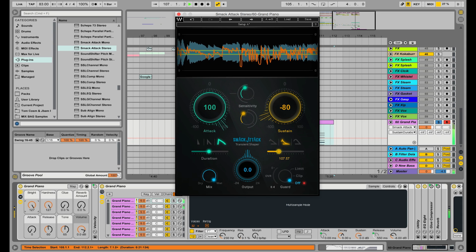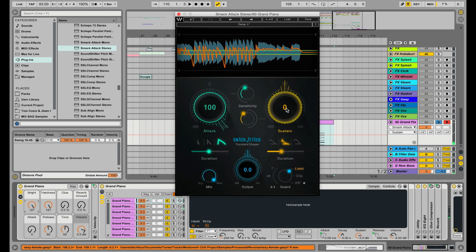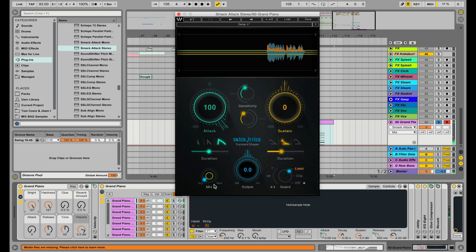It doesn't sound natural, but we've definitely shaped it quite significantly here. I quite like it there. See, it's really hardened up that piano. It's kind of turned a nice raw sounding grand piano into something that would be good for a really full-on compressed pop tune or something. Again, here it is completely with no Smack Attack. And if I bring it up,